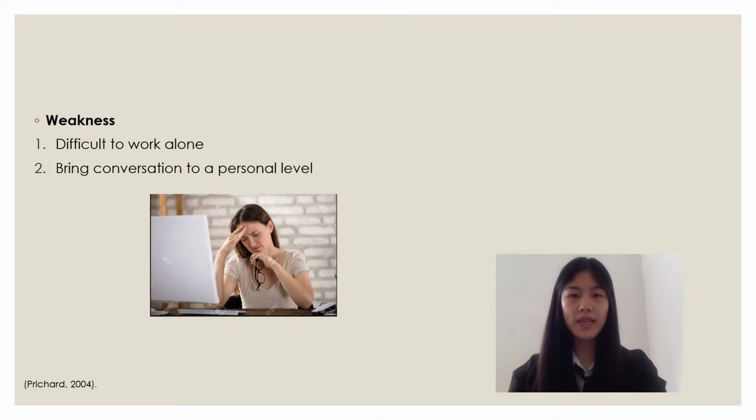Due to the fact that I am an ESFJ, which refers to a sensitive and warm person, it is easy for me to communicate with people and make the conversation personal, which could become a communication error, as many people do not feel comfortable talking about their own experiences from the past, especially if you haven't known them that long. It could also lead to a communication error in the workplace because I can talk off topic into my personal experiences, leading to a project failure. Thus, I should be more careful of the context when I communicate with others, especially in my future workplace.